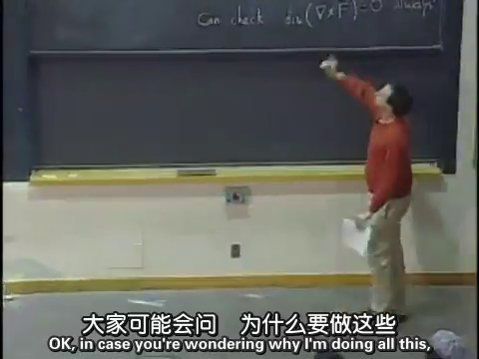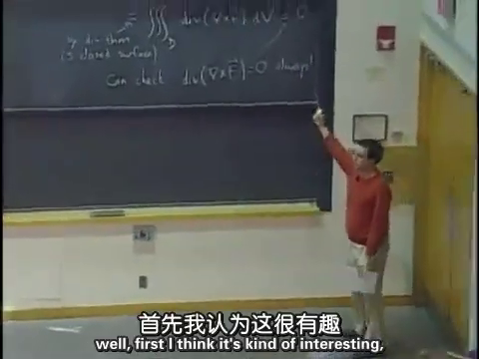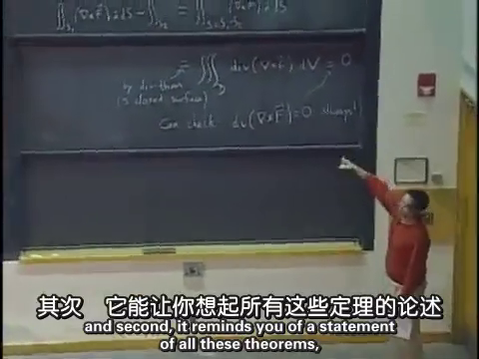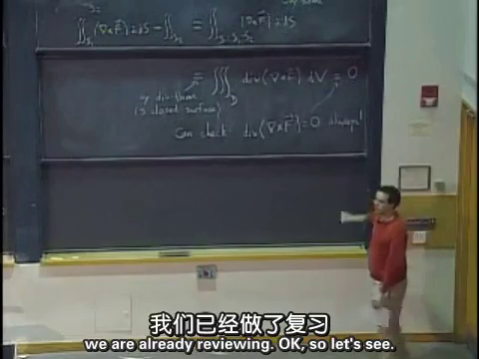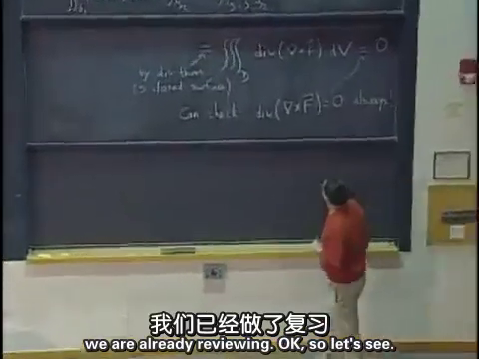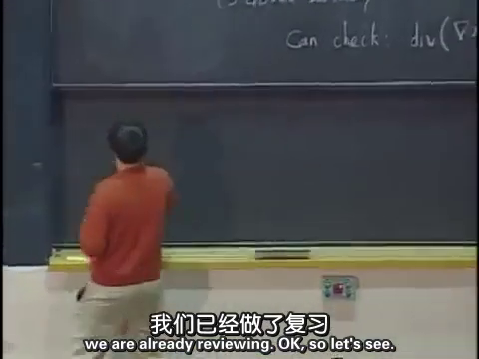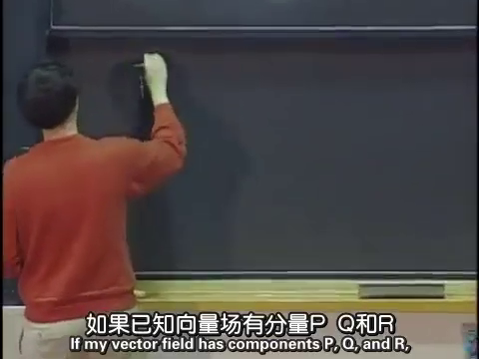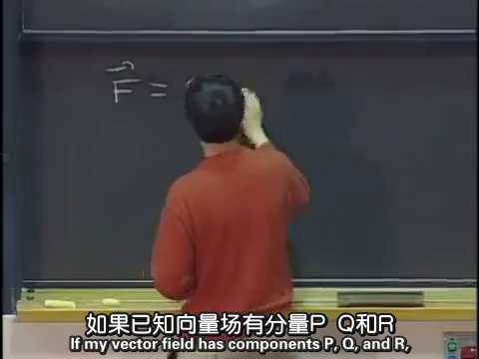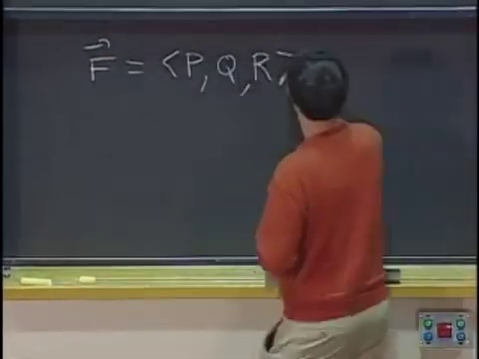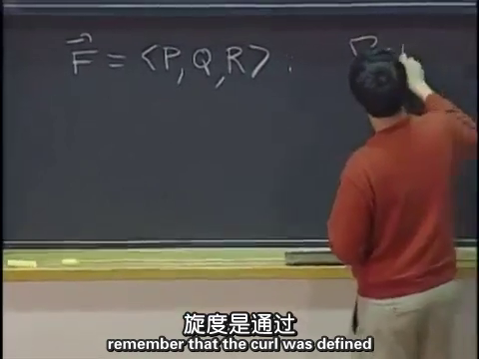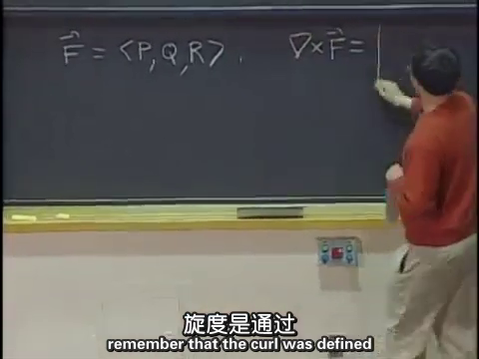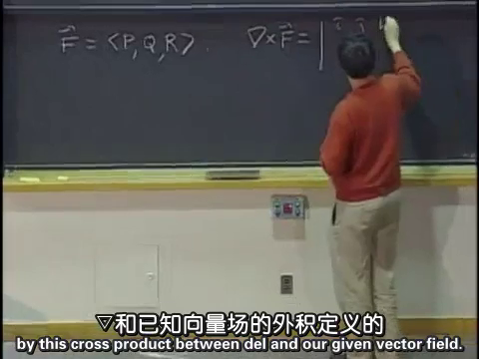In case you're wondering why I'm doing all this, well, first, I think it's kind of interesting, and second, it reminds you of the statement of all these theorems and all these definitions. So in a way, we're already reviewing. Okay? So let's see. If my vector field has components P, Q, and R, remember that the curl was defined by this cross product